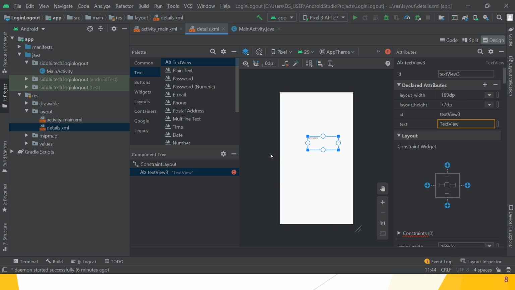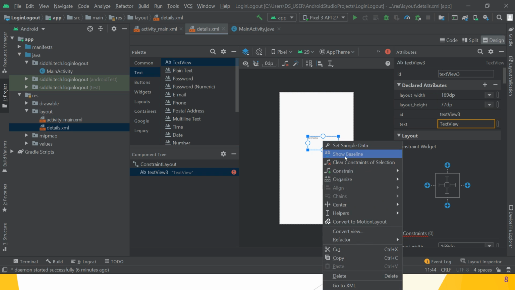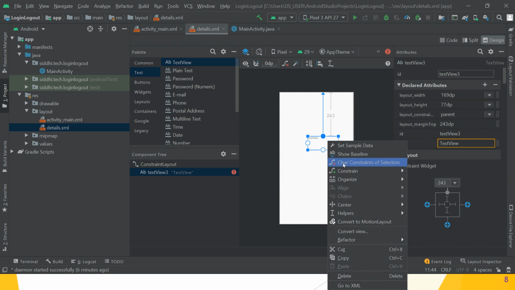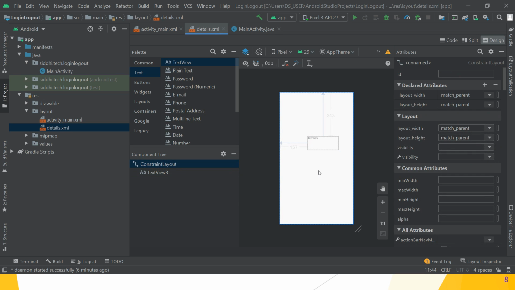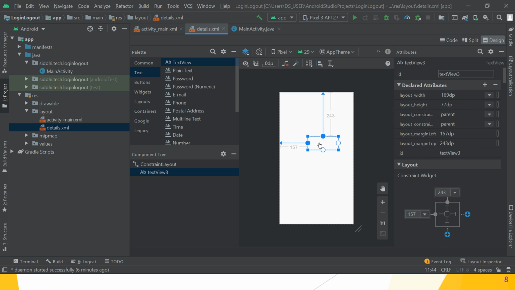Great. Give the constraint from parent top and constraint from parent start. Great. Remove the initial text from that. Also give the ID as result view.